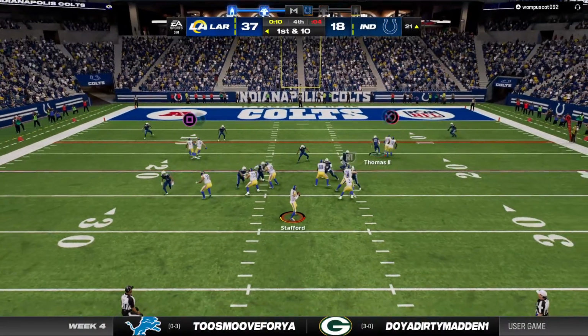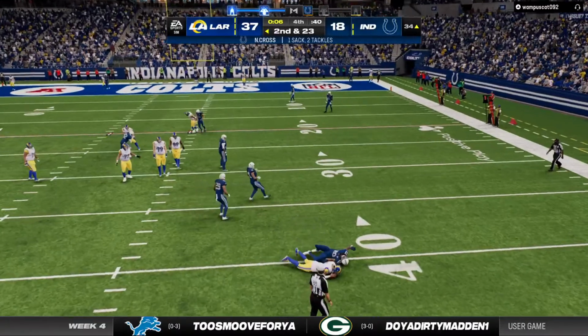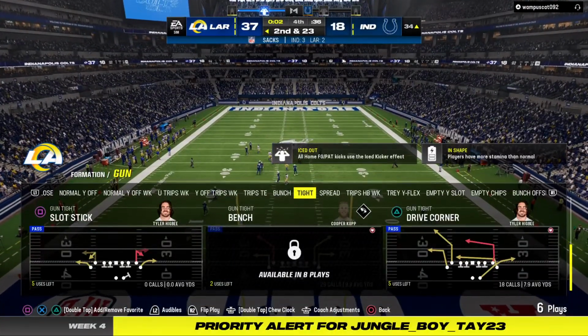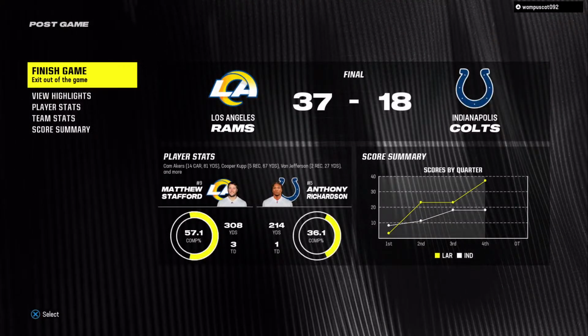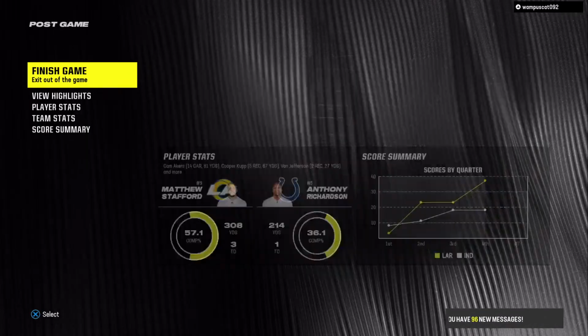Throwing here, Stafford. Flushed out right. And he's going to have to eat this one as down he goes. The defense rising to the challenge and setting him back on the sack. So it's the Rams here that take home the W. And this one, Charles, too much Matthew Stafford. Yeah, he was definitely...